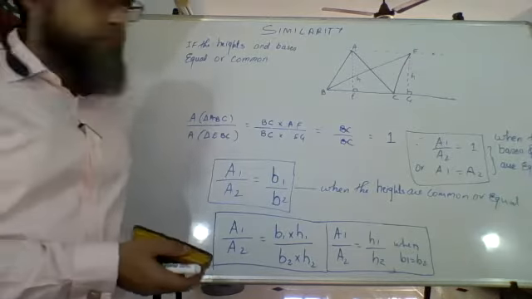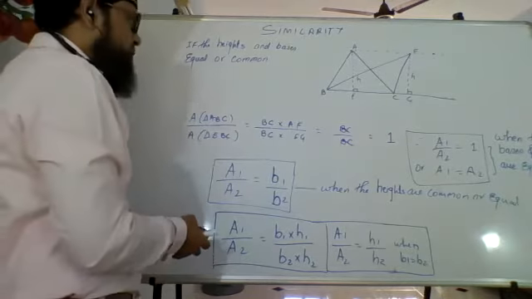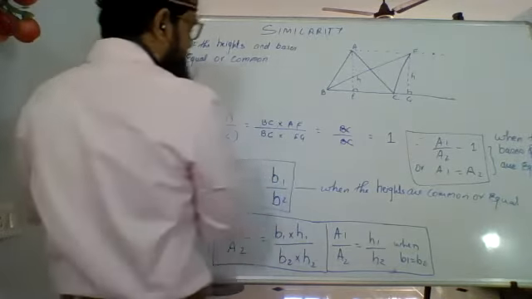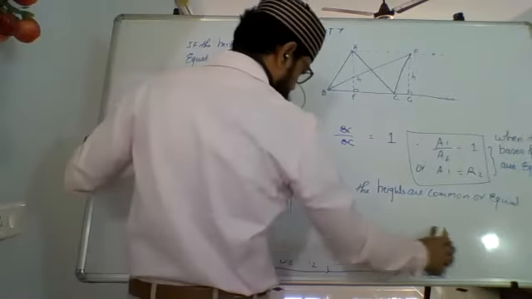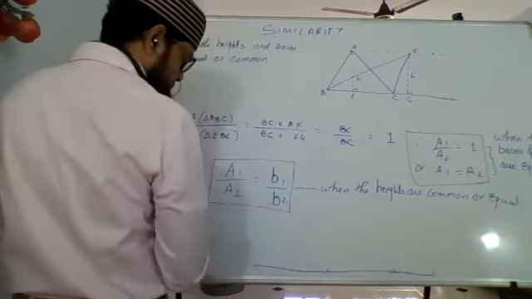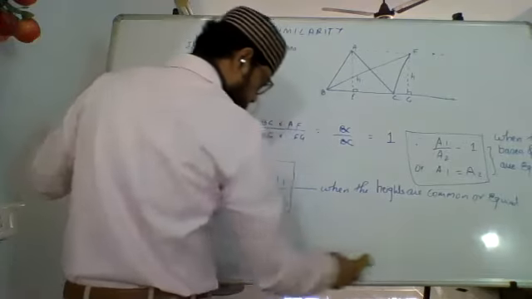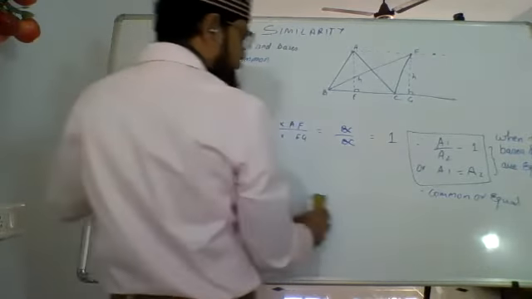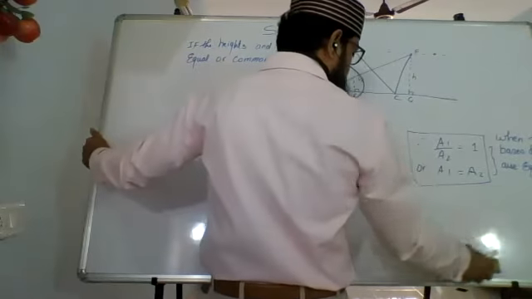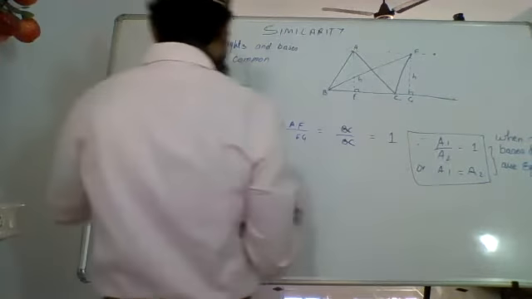Can I erase this? I believe all of you have done it. Okay, so this is what we get as ratios of areas of two triangles, and depending on what they have